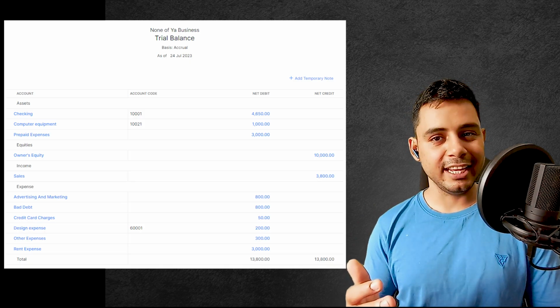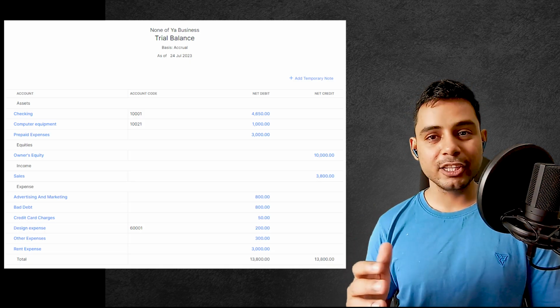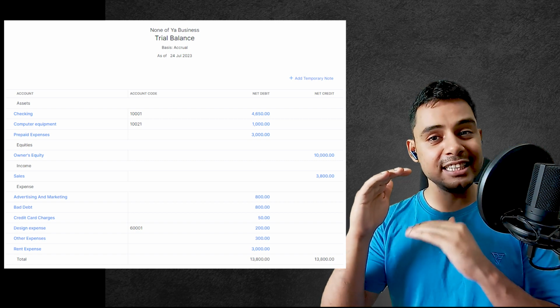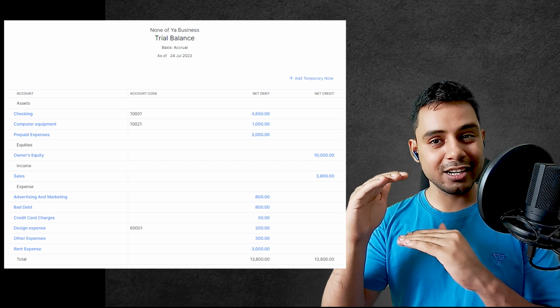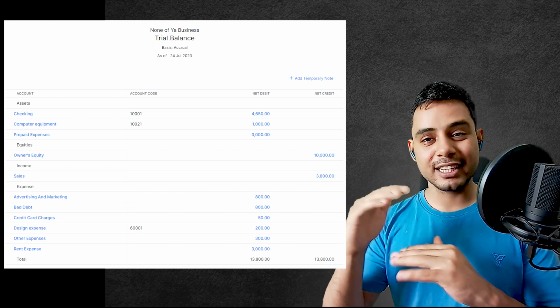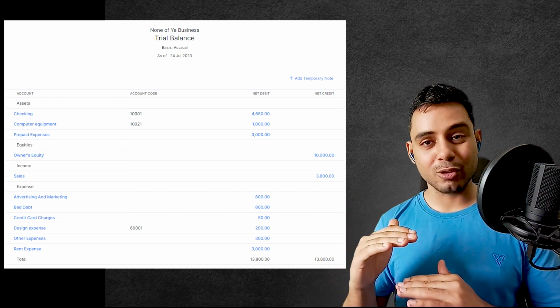You have three main financial statements. The first is the balance sheet, the second, the income statement, which is also known as the profit and loss statement, and third is the cash flow statement. Let's look at the trial balance once again, because when you look at it, you can see that the trial balance is cleanly divided into two sections. First, you have the balance sheet accounts, which are permanent accounts, and then you have the income statement accounts, which